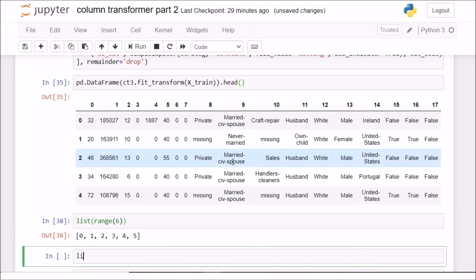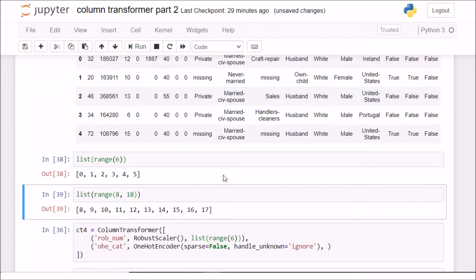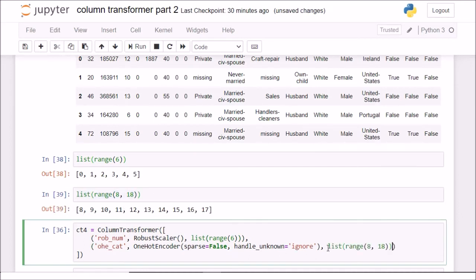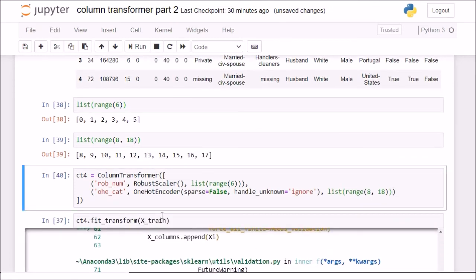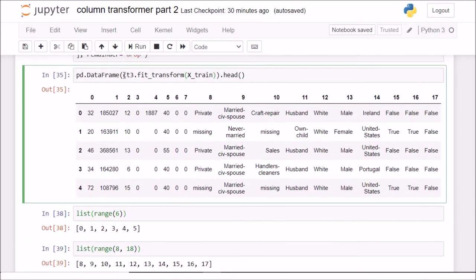So what is that interpretation? I'll have to say list of range starting from 8 and going until 18. So 18 will be excluded, and I now have 8 until 17. Okay, so these are the column names that I have to use here. Wonderful. Now I will not use X train here, but what I will use is this output, right?